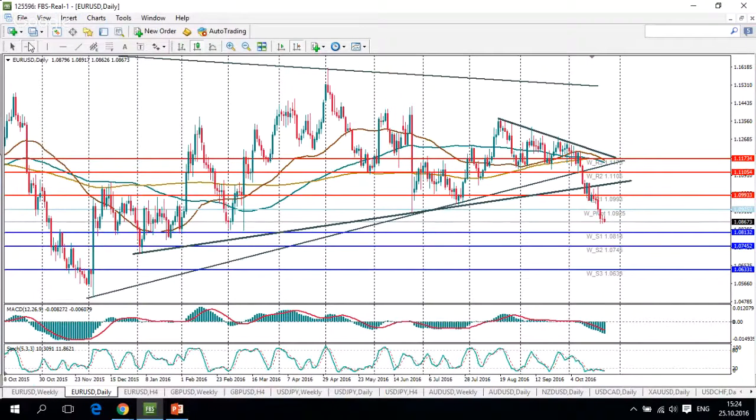We need a toolbar for that. Yes, looking at the daily stochastic indicator, you can see that the last time the euro was that oversold, there was the need for a correction to the upside. And this is why I think that in the next several days, we are vulnerable for an increase in the euro to 109.25,